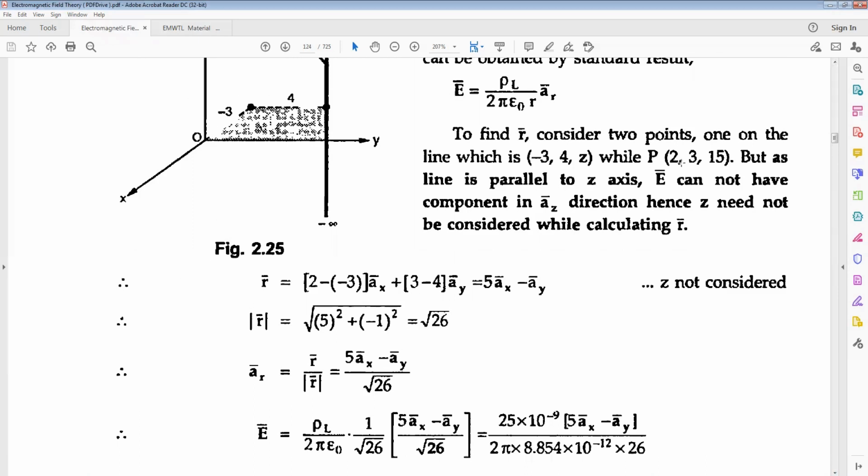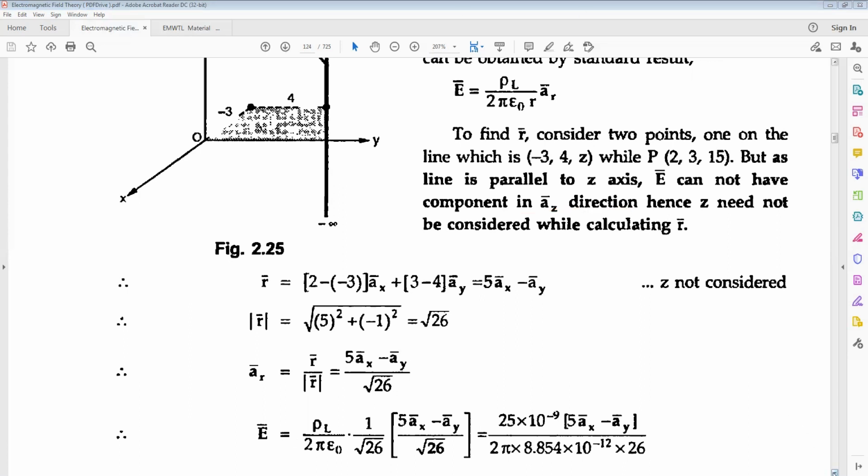So R bar is equal to 2 minus of minus 3, which is 5, and 3 minus 4 is minus 1, AY bar, and we are not taking the Z component. The line is parallel to the Z-axis, so E bar cannot have any component in the AZ bar direction. So AR bar is equal to 5 AX bar minus AY bar over the root of 25 plus 1, which is root 26. Substituting into E bar,